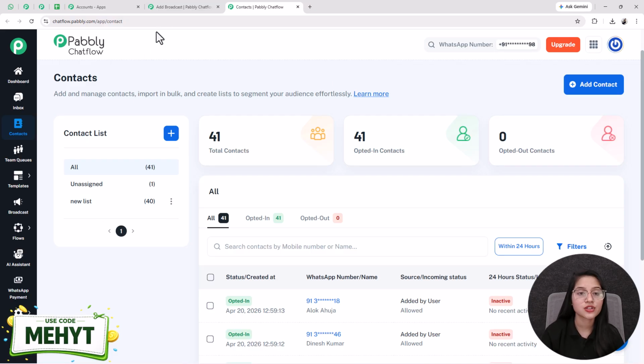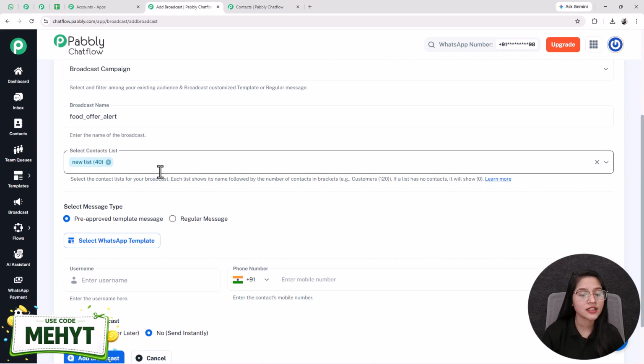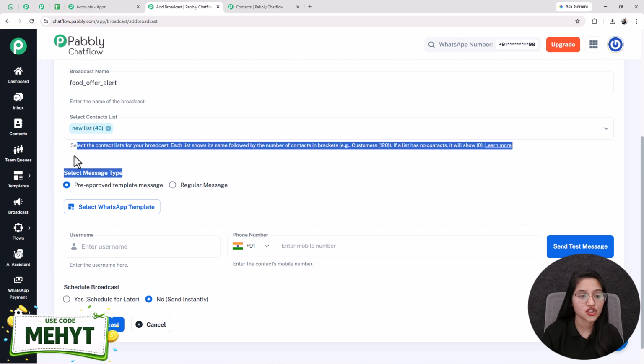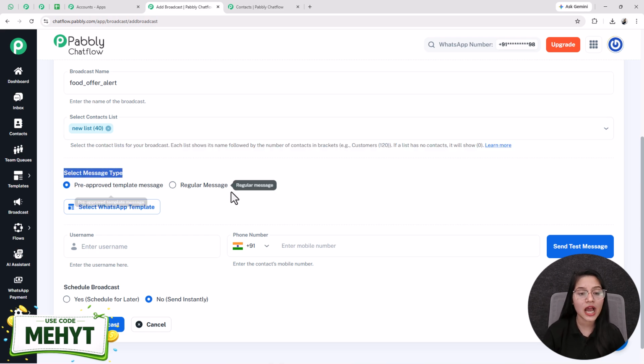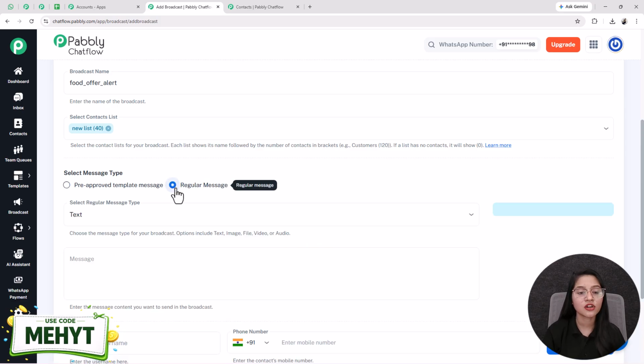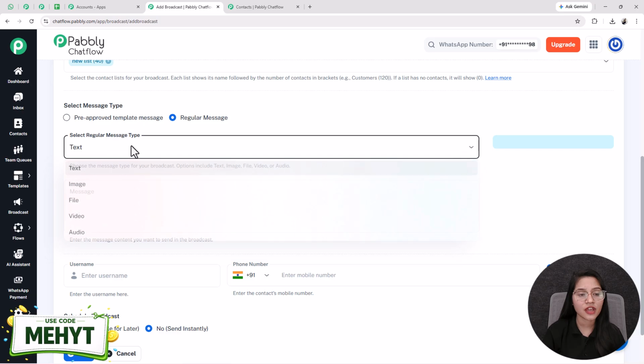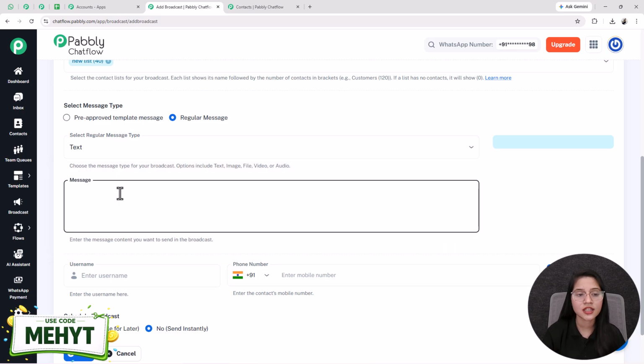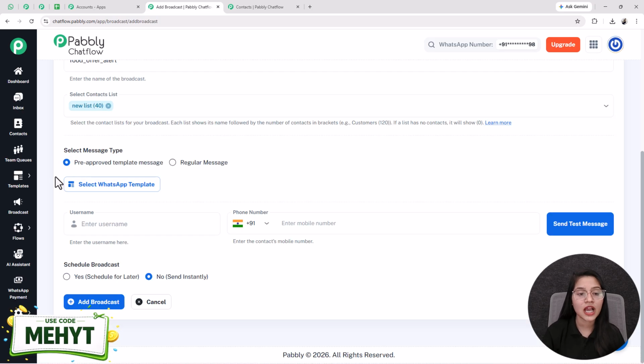Now we will go back to our broadcast setup. After selecting the contact list, you have to select the message type. It will provide you 2 options, named pre-approved template message and regular message. You can send the regular message by clicking on this option and selecting the message type from here. After that, enter the content in this field, but I prefer you to select the message type as pre-approved template